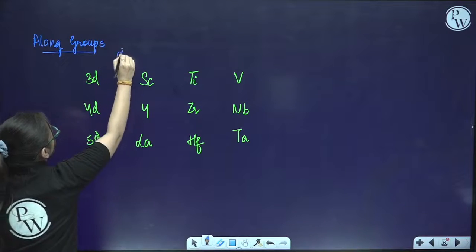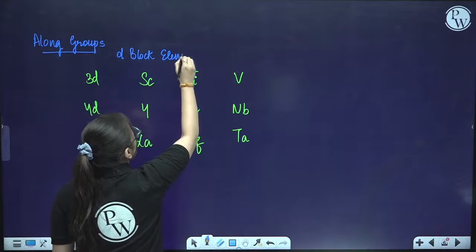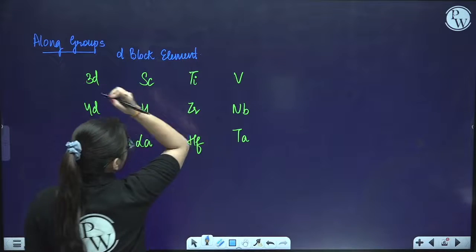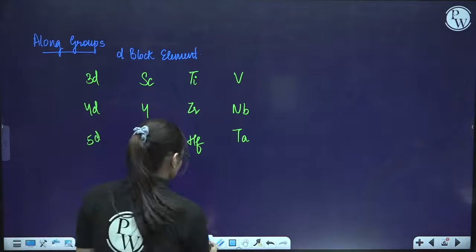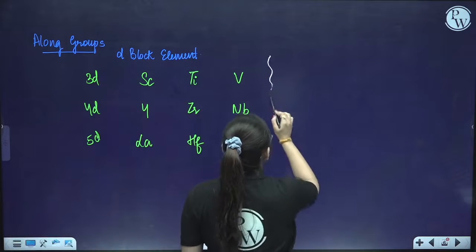Now in D block elements, S block elements I have already told you. Let us revise that first and then I will revise the D block ones, okay? So S block elements I have already told you in the previous class. In S block elements